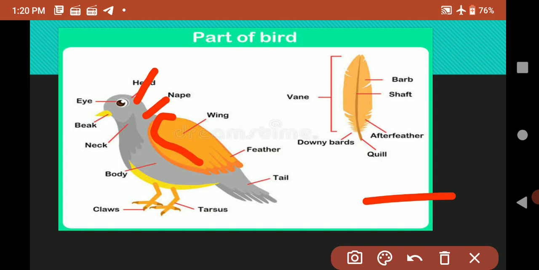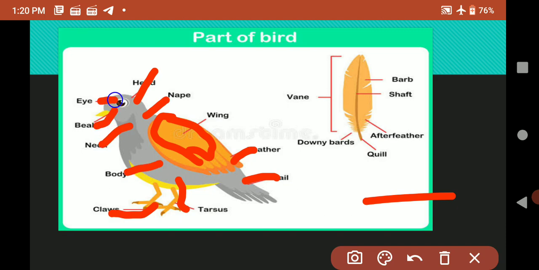This part is wings, and this is feather. This part is tail, tarsus, leg, claws, body, neck, beak, eye. Birds, they don't have teeth like us. They have beak, and beak helps them to eat.